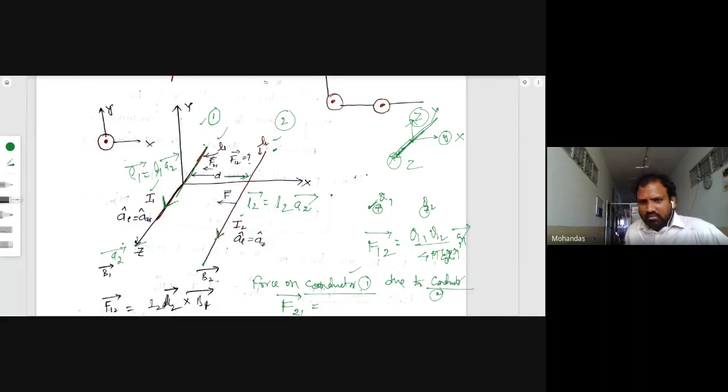F21 equal to. So due to conductor 2, what is the magnetic field produced by this conductor 2? Please tell me. If it is carrying a current, obviously there is a magnetic field. The name of the magnetic field